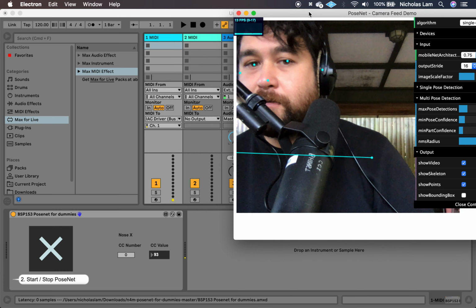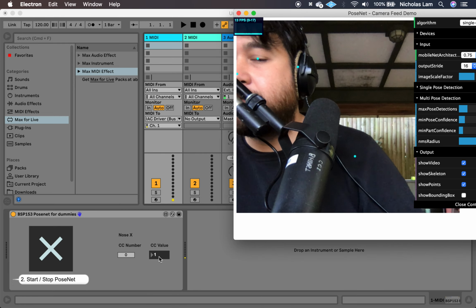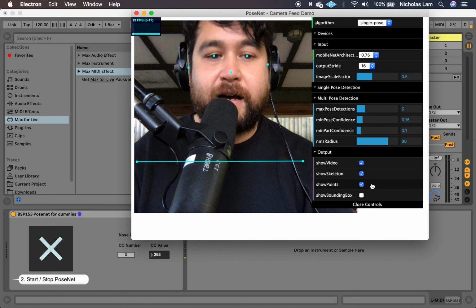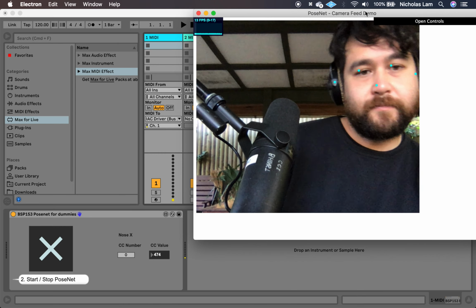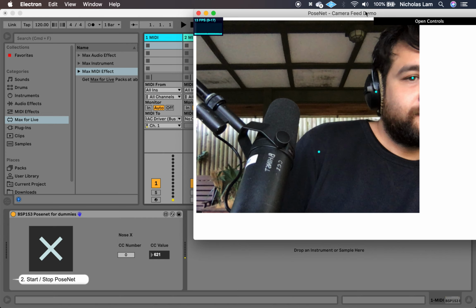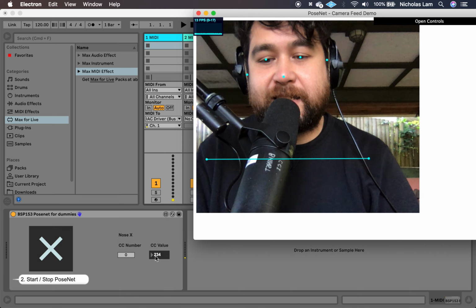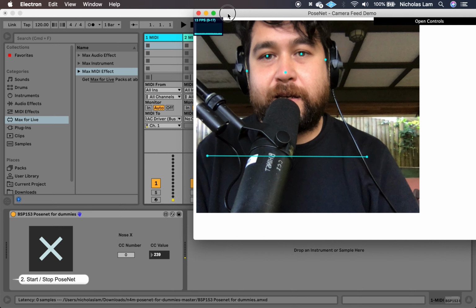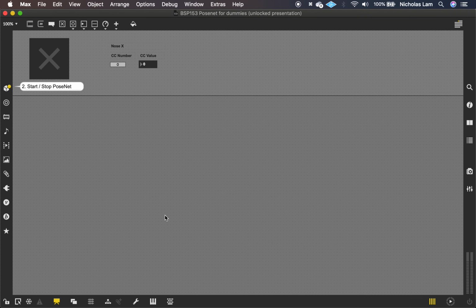If I go all the way to my left, you can see the values down here basically go down to 0. And if I close these controls and go all the way to the right, there's a little bit of an overrun, but you see it basically goes up to 600. So what that says to me is that I want to scale the values from 0 to 600 down to the MIDI values of 0 to 127. So I'll open my patch,